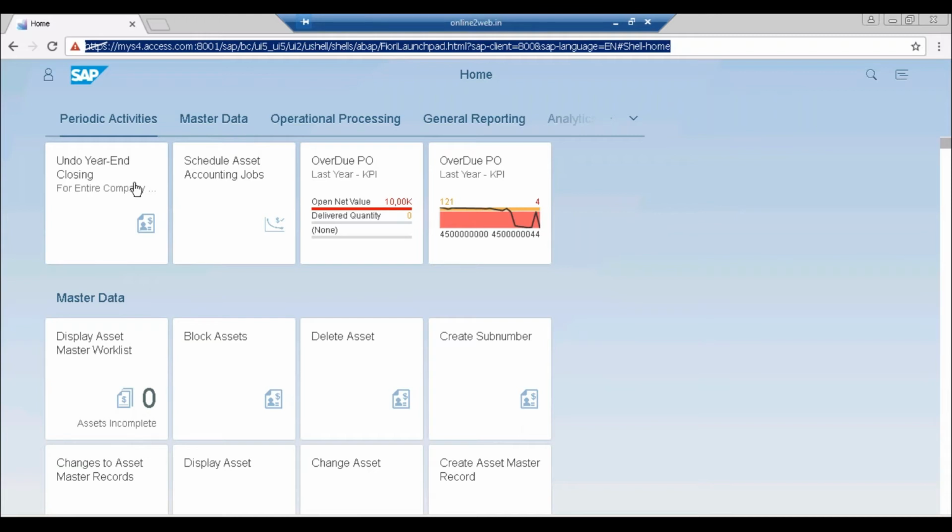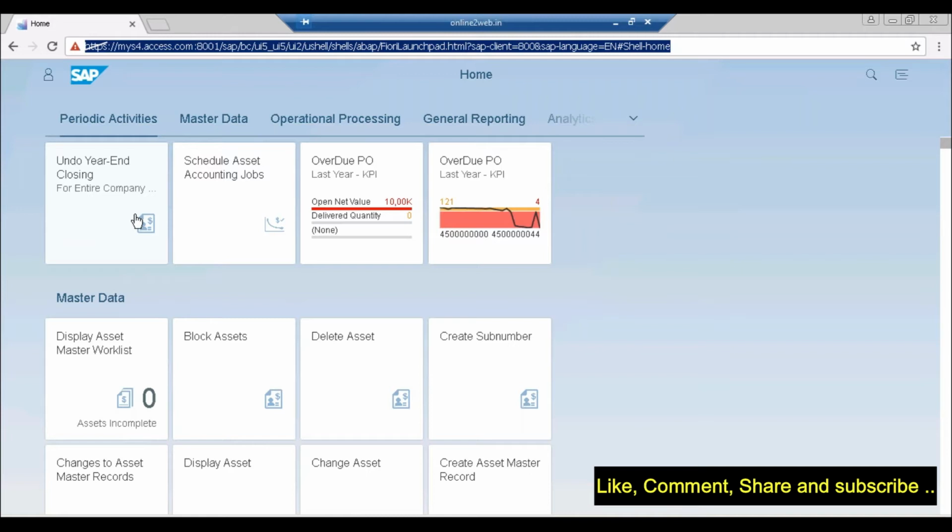These apps are divided basically into three parts. One is the transactional apps. Transactional apps are those through which you can perform transactions, for example, block the asset or delete the asset. This is doing a transaction. You are asking the system to perform some transaction in the background. You want to delete an asset, you want to block an asset. So this kind of apps are called transactional apps.